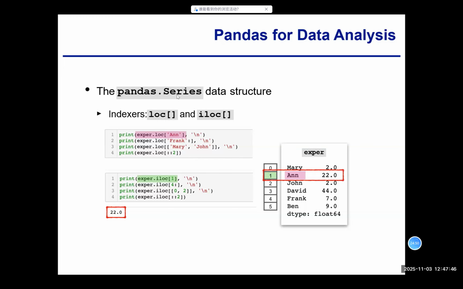I want to use the integer position-based, right? So n will have the integer position of index number 1. So both lines of the code are identical. Both will give us the same output. That's the first exercise. Similar to others, for example, Frank